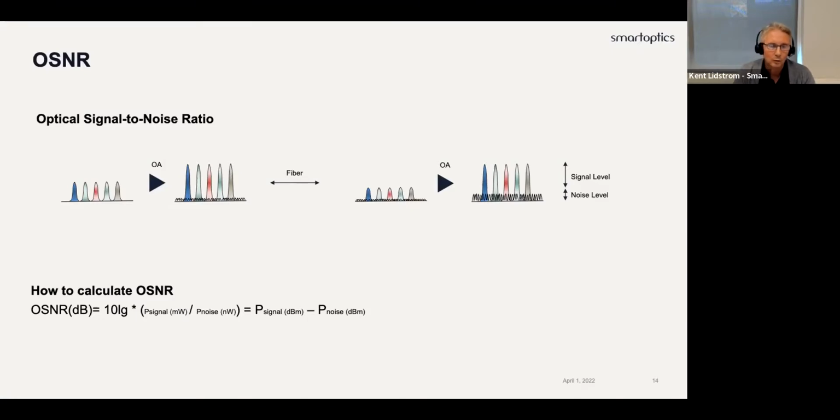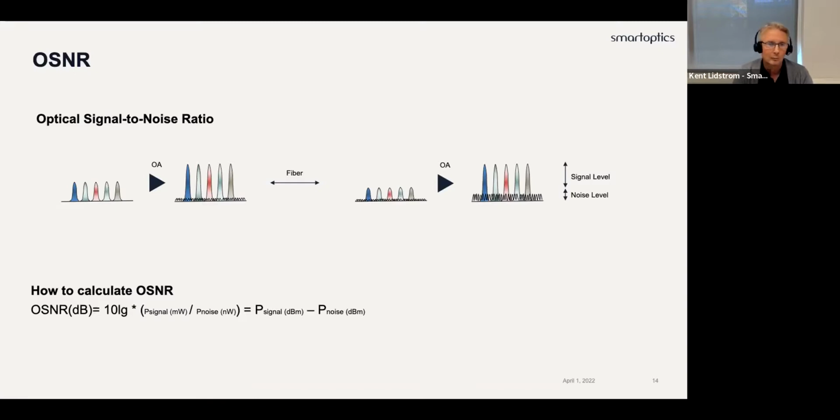How to calculate noise? Basically, there are two parameters that really affect the amount of noise. It's the input power level to the amplifier, and it's the noise figure for the selected amplifier. So you can select amplifiers with different qualities. This is something that you need to always take into consideration. There is no good way to clean noise. You can make some tricks to minimize the introduction of noise, but you always have to take this into consideration.